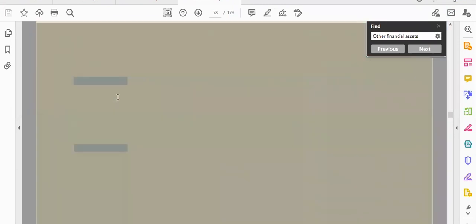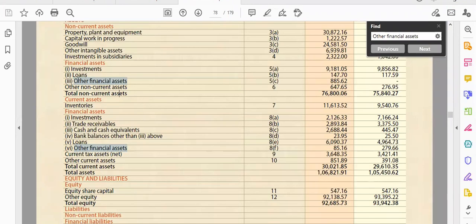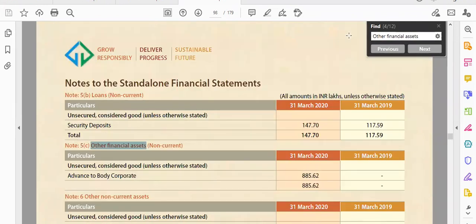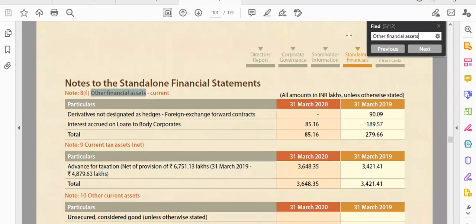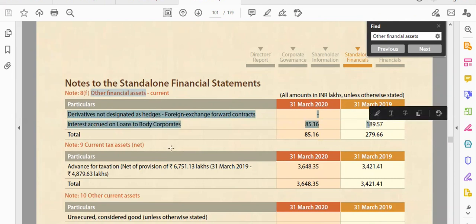Okay, now when we are finding our prepaid expenses, first I have to see this particular current financial assets. So I will copy as it is and I will go to the particular working note. So here is a working note. Okay, this is 8 5C. It is related to non-current assets. We are looking for current assets. Okay, so see here you will see note 8F other financial assets. Got it? Okay, so here we got the particular assets. So see what information is given, whether prepaid expenses is given. No, so we cannot consider this part.